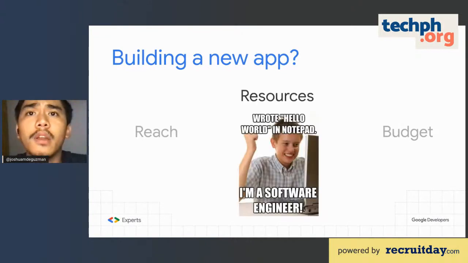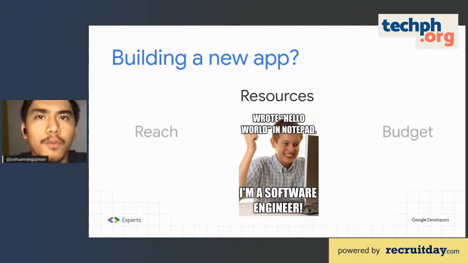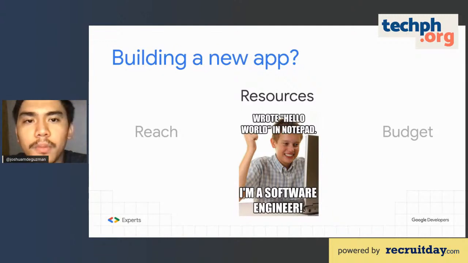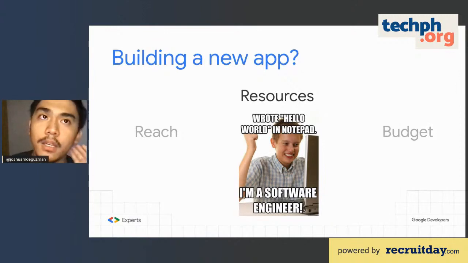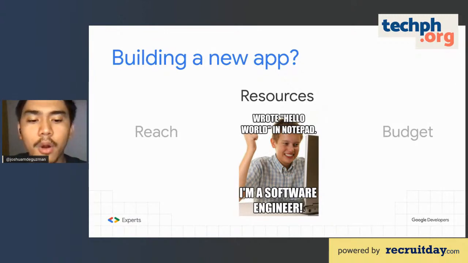Next, you have to consider the resources that you have. What is the expertise? For example, you're an indie developer, you're only good at Swift or Objective C, then probably you'll end up needing some formal training or some self-learned course on how to code Kotlin and Java for Android. Or if you're a company, probably you have to consider if they actually know the quirks of building native applications, because there's a difference between the quirks of building a web app and a native app.